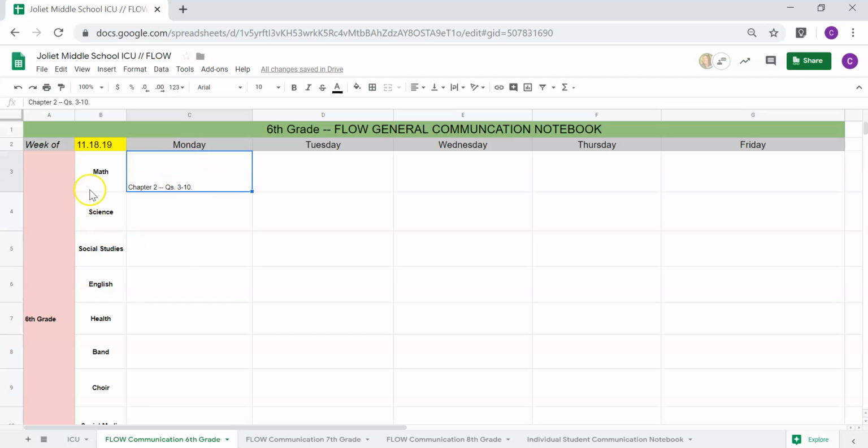I could log in here and I can see, okay, all of the students worked on that assignment on Monday when they come to flow, or if I've got study hall time in my class, I know that the kiddos can be working on that specific assignment. I can ask them to show it to me. So that could be done for all of these